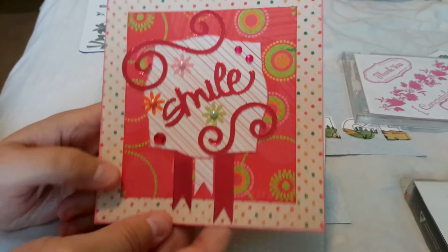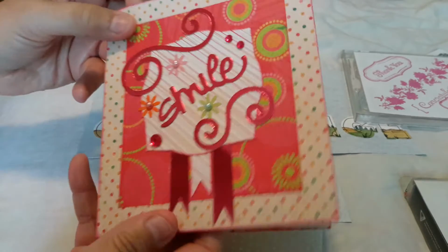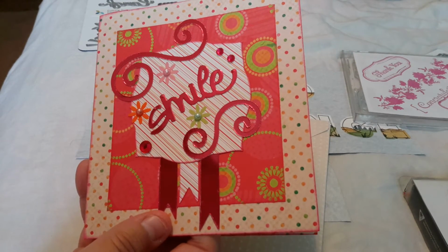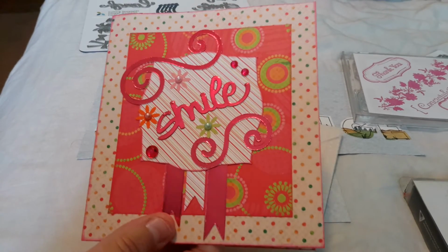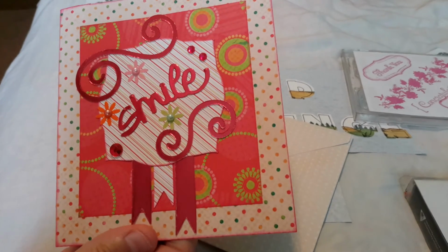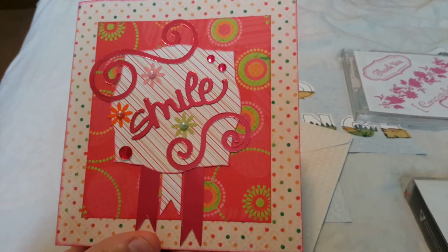This is using a technique that I have a tutorial on, and it's just making a card out of a 12 by 12 sheet of paper. And basically you fold it into 4s, you crease it, you ink it, and you take coordinating sheets, either from the same paper pad or just coordinating sheets. And don't be afraid to mix and match your patterns. A lot of times we think, well, if I have a pattern, then I have to have a solid, but that's not always true. Sometimes it makes a very lovely effect just to mix your patterns up. So if you want to check out my tutorial, it's a very, very simple project, but I do have a tutorial on making a card out of a 12 by 12 sheet of paper in my list